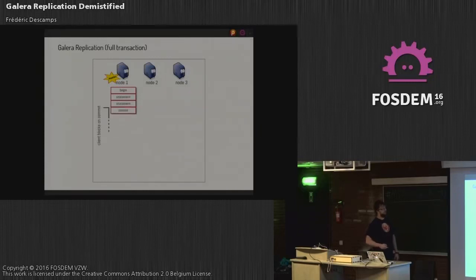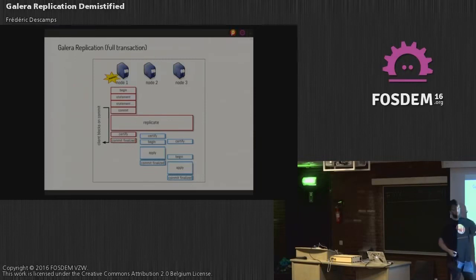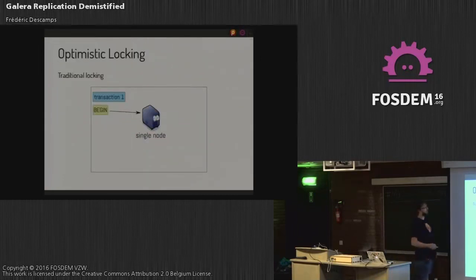It's the same when we do a full transaction, right? We do all the statements, it gets replicated, and we commit at a different time. So when we say synchronous replication, yes, replication is synchronous, but that's the only thing that is synchronous, not everything. In the past with MySQL replication, I write data and it's replicated, meaning the data is written on the other side later, as with asynchronous replication. Here it's not the case, right?